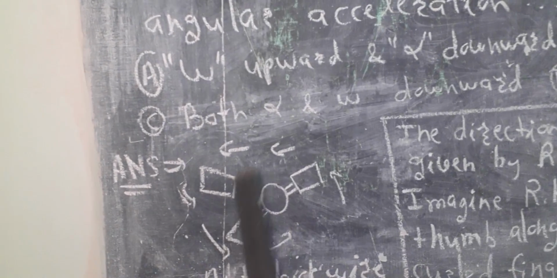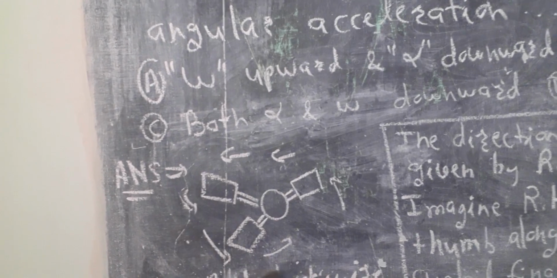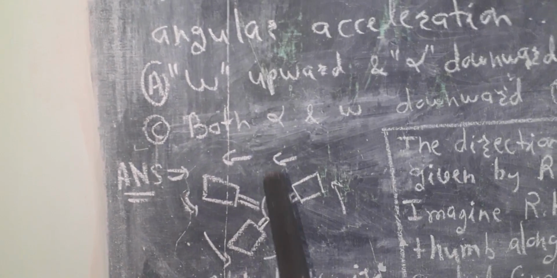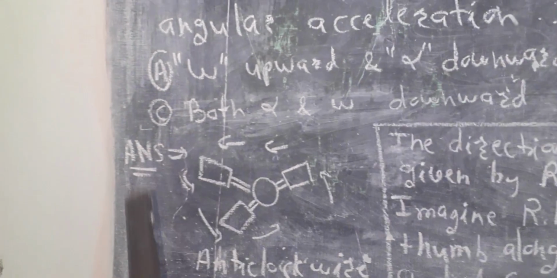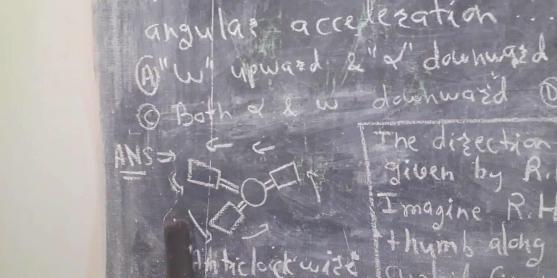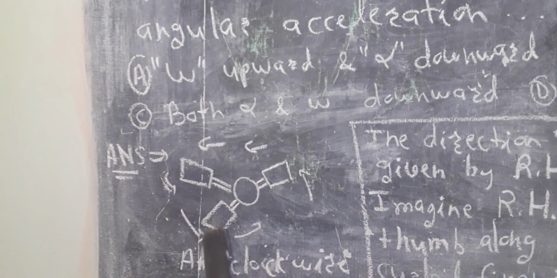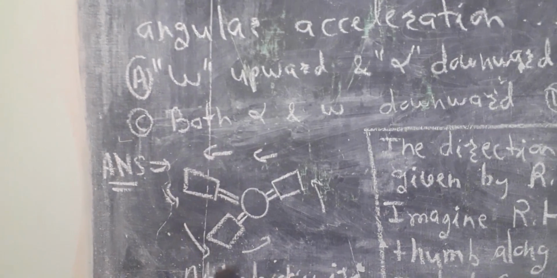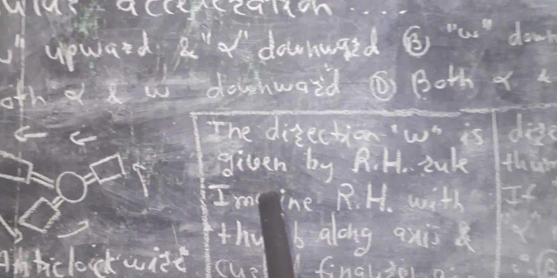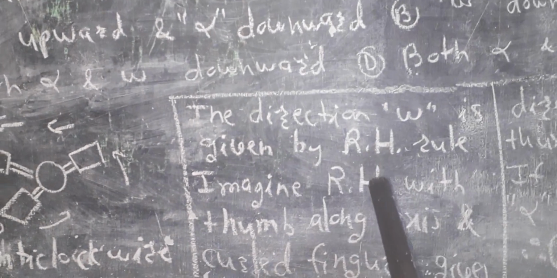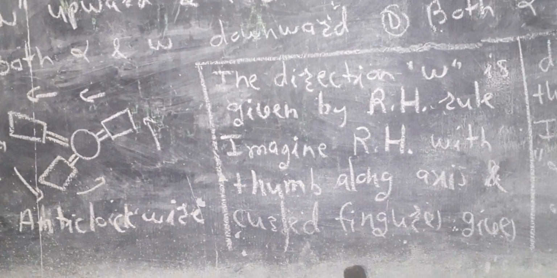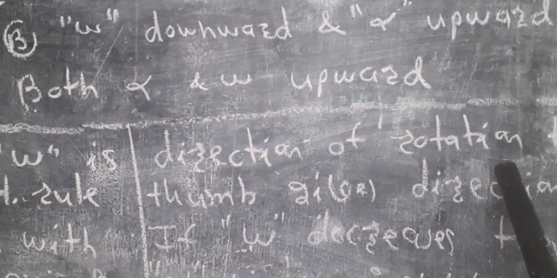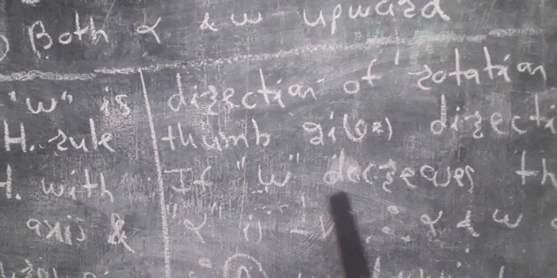This is the fan which is moving in anticlockwise direction. So this is a rotational motion, so we can say that it must have some velocity, that means angular velocity. And how to find out the direction of omega, that means angular velocity? To find out direction, the rule is there. It is called the right hand rule. So imagine the right hand with thumb along the axis and curled fingers giving the direction of rotation. Then the thumb gives the direction of omega,